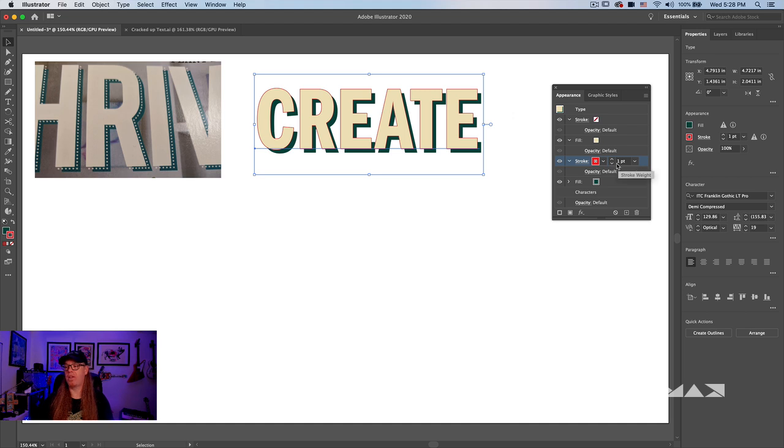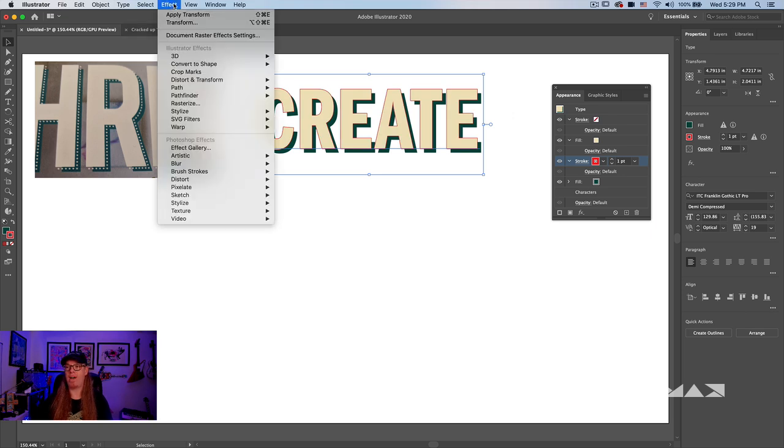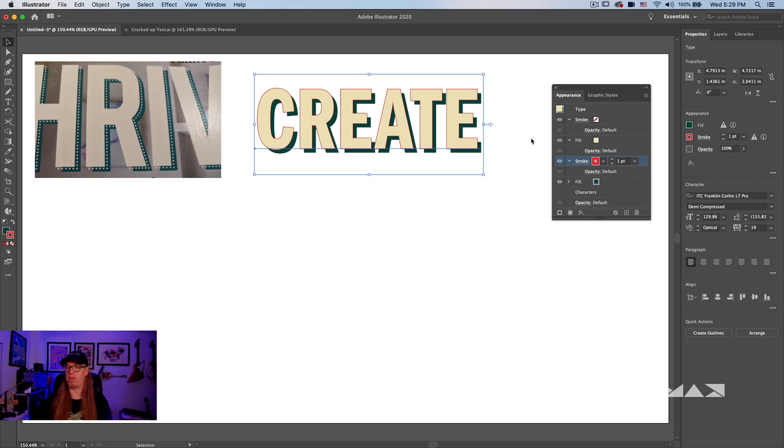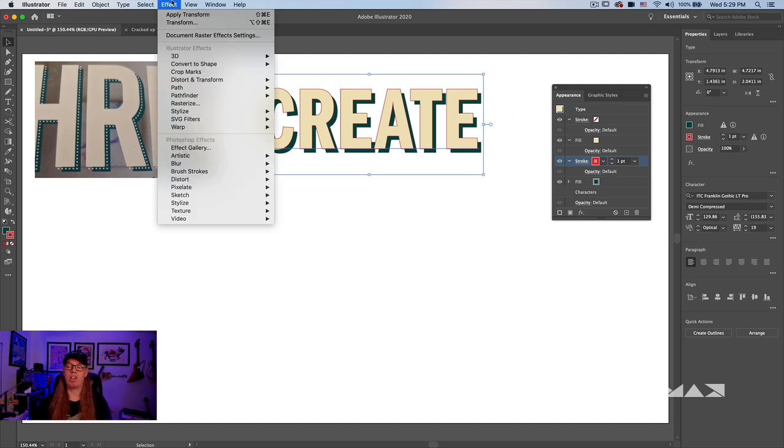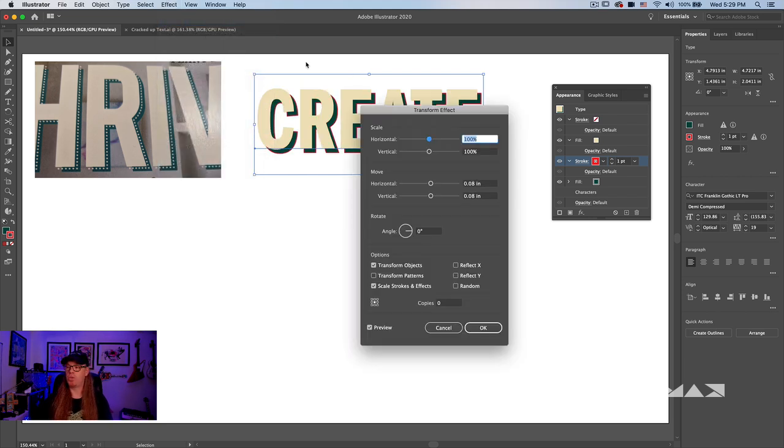I've got my weight, but again, you can see it's lining up to the original text of the object. So I'm just going to go back into Effect while I have that stroke targeted in the Appearance panel over here. Go to Effect and come down to Transform. And because that was the last effect I used, it shows up in your recent effect options. We'll choose this, and then I'm going to go in and offset it. And you can see the last values are visible here. So as we're making our adjustment, let's do something that's halfway between those two points. So 0.04 for me and 0.04 again.